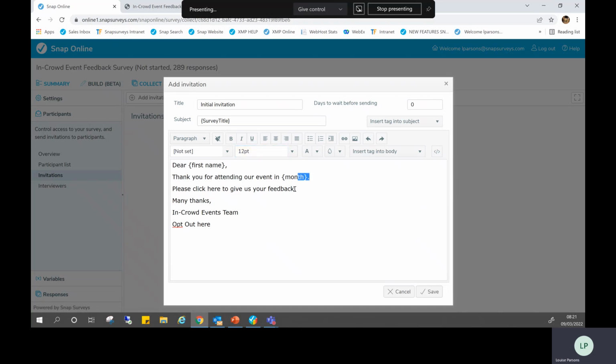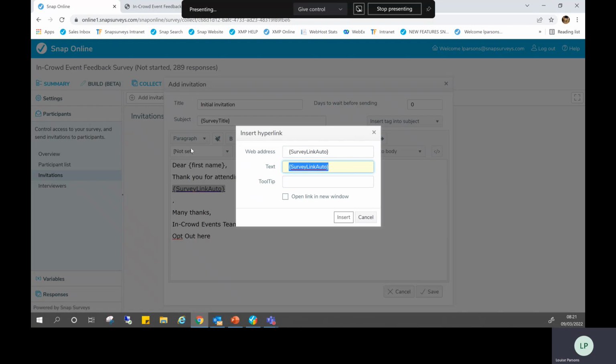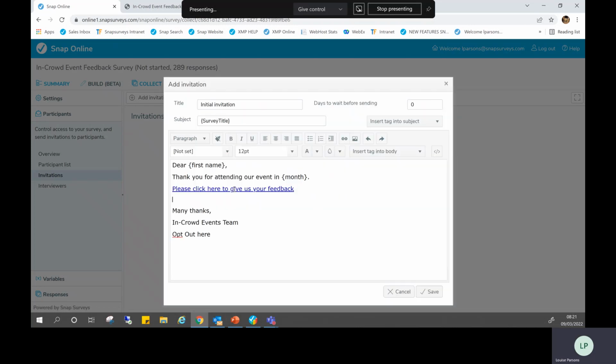So the first thing I'm going to do is highlight this text and cut it. And I will click on my insert tag and insert my survey link, highlight that, select my hyperlink, and paste that text in of how I want it to appear.